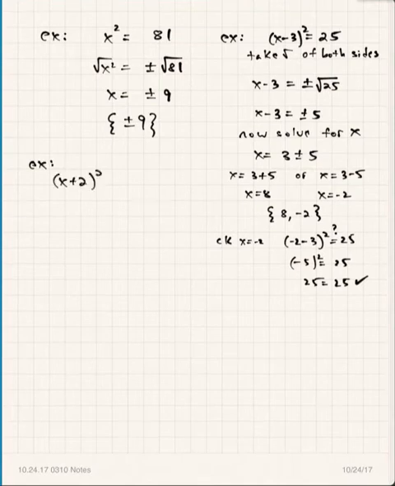Let's look at another equation. x plus 2 squared is equal to 7. x plus 2 squared is equal to 7. This equation is in the form something squared equals a constant. So we're ready to take the square root of both sides of the equation, right? That's what we do when we get the equation in that form. We take the square root of both sides. So when we do that, the square root of x plus 2 squared is